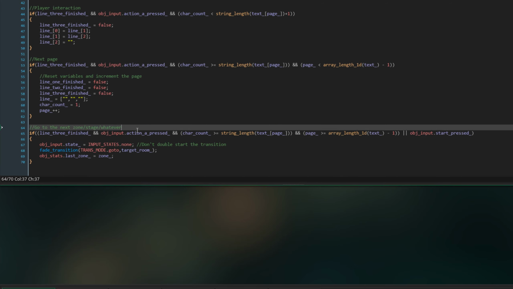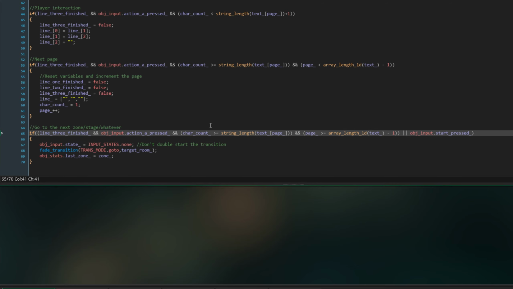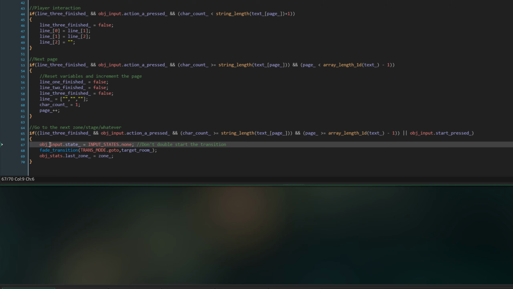So if line 3 is finished, our object input action pressed, and basically the same thing as all this. And we also add in an or object input dot start press. So if the player just wants to skip the entire cutscene, they can just press start and skip it directly. So if we're greater than or equal to, make sure you get that equal to, otherwise it'll forget that you're at the last line if you're at the last page. Object underscore input dot state underscore is equal to object is equal to input states dot none, so you can't double